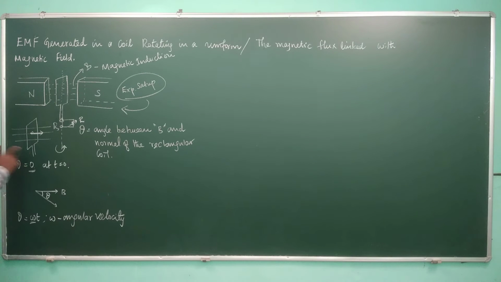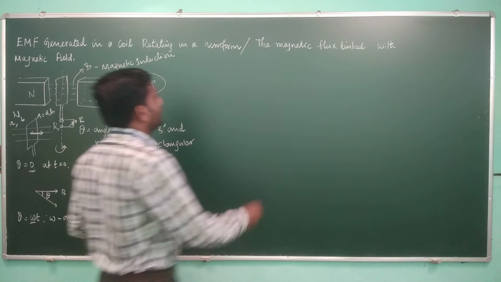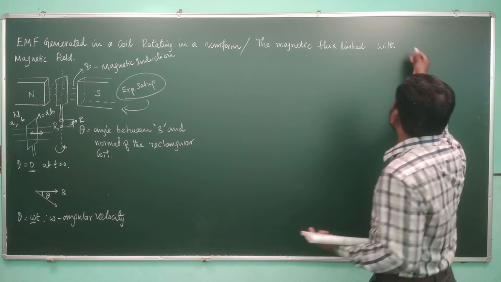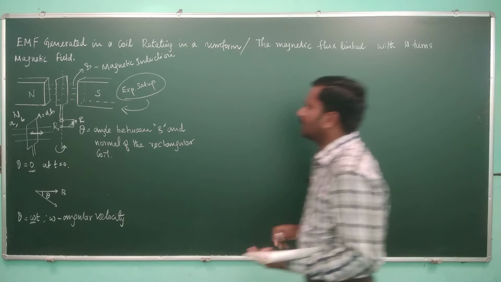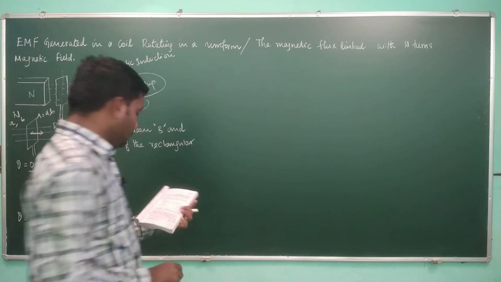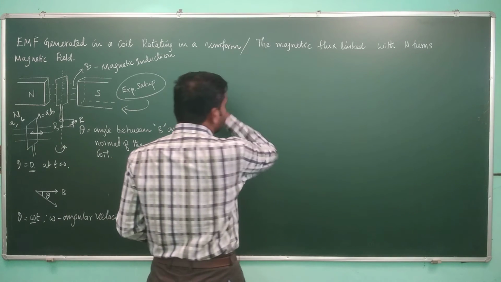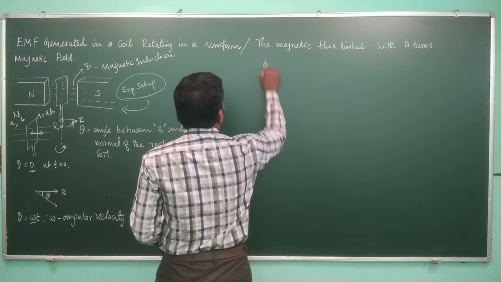We have said this is a rectangular coil, and assume that it has N turns, its length is A and breadth is B, so that the area is equal to AB. And the magnetic induction is B. In this scenario, the magnetic flux linked with N turns of the rectangular coil whose length and breadth are A and B, and whose area is the product AB, is